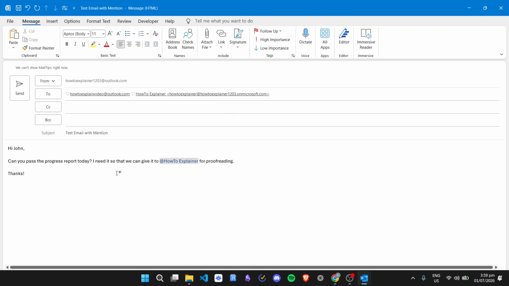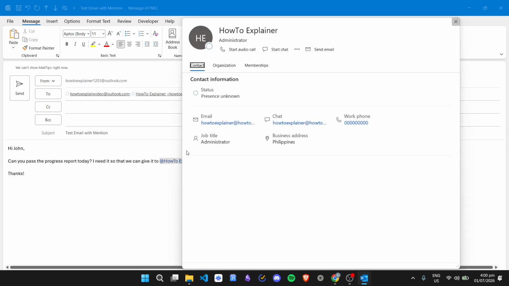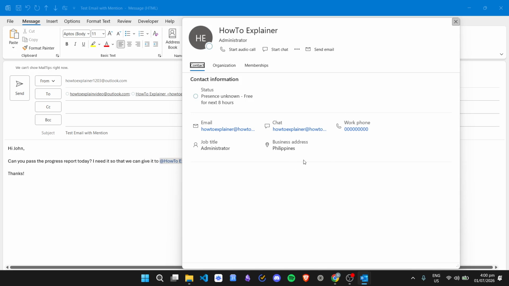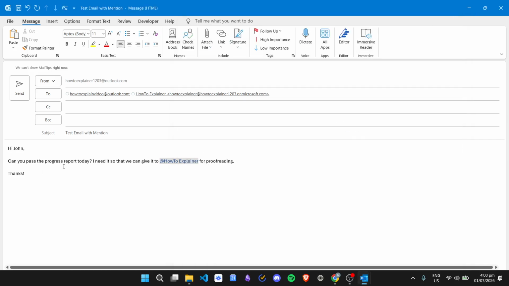What happens is that when you use the mention, the user that you mentioned will be added into the content of your email, and they have a link right here. You can click on the link, and it will open their contact details. You can also do that for the recipient of your email. For example, instead of just having their name typed in, you can delete that, and then we can use the @